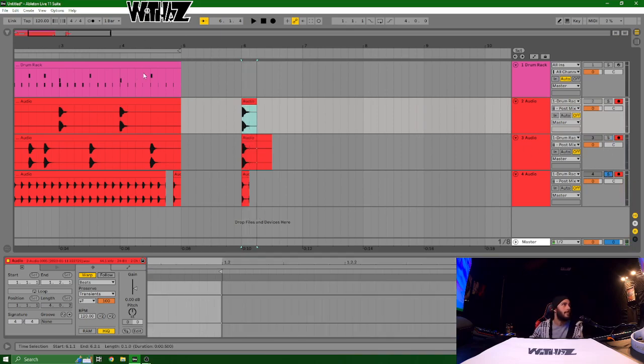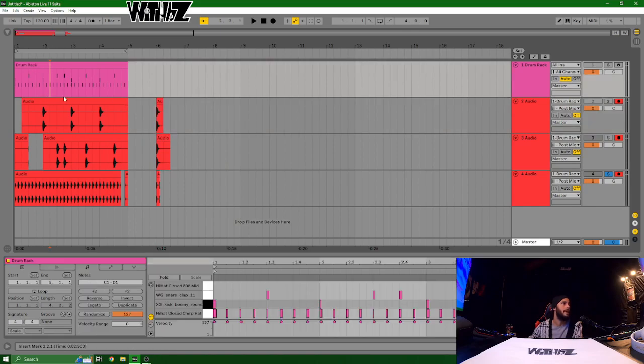And there you have it. So that's how you can render your drum tracks back down into audio